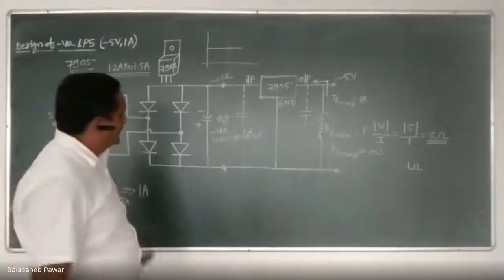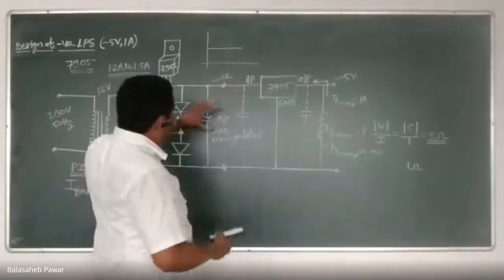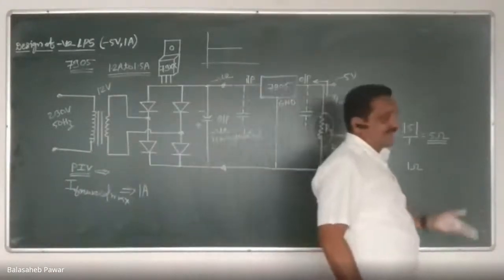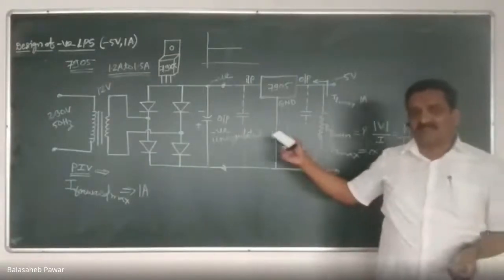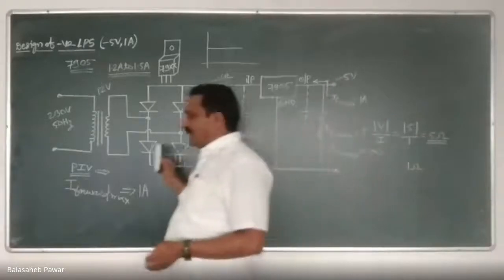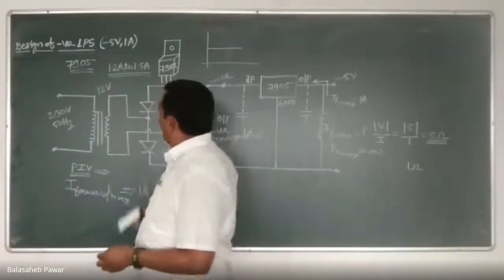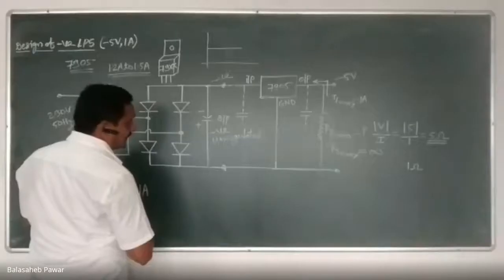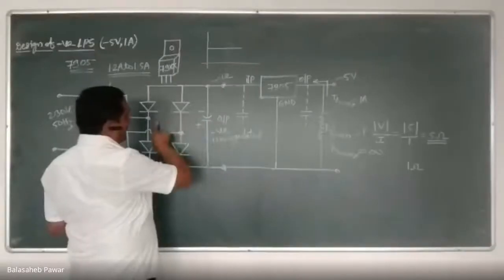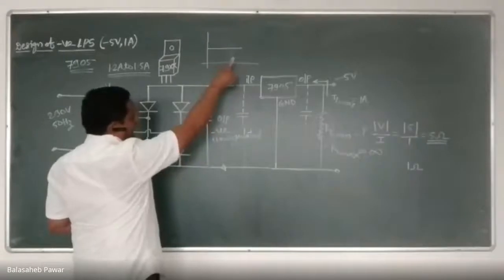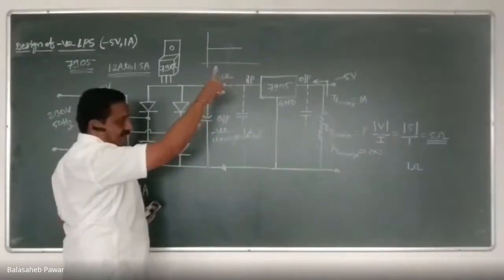But this straight line is not a regulated DC. What is meant by regulated, or why are we calling this DC voltage obtained across the rectifier unregulated? Is there a need to explain it? What is meant by unregulated and regulated? Shall I explain it or shall I go ahead? No, sir, you can go ahead. Okay. So the output DC voltage after the rectifier with filter is pure DC, but it is not regulated. It is unregulated DC.